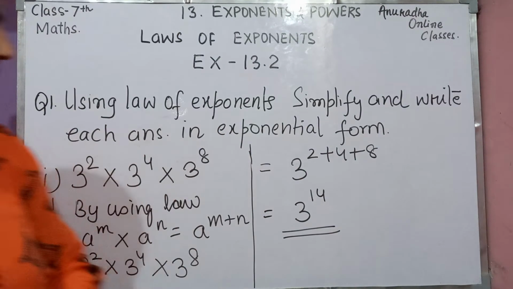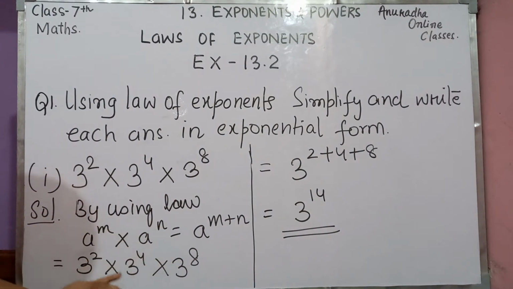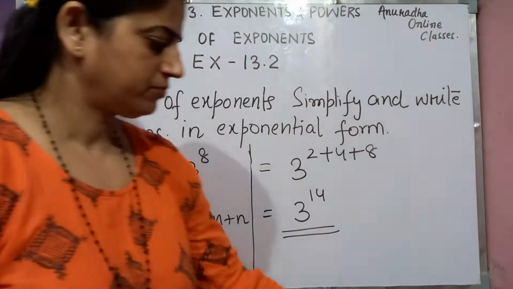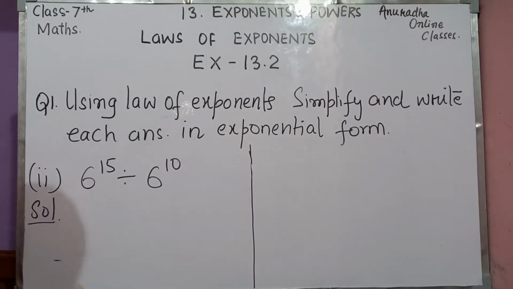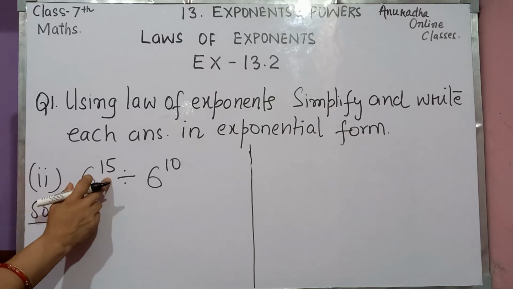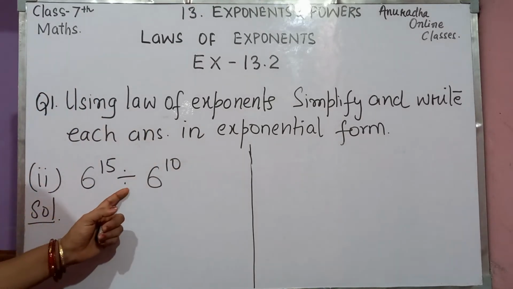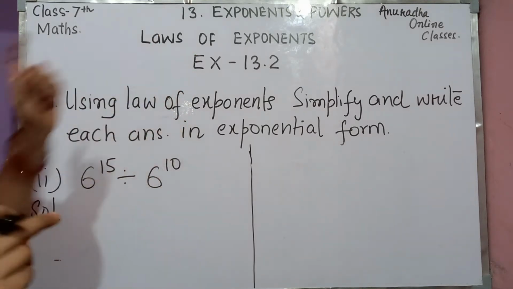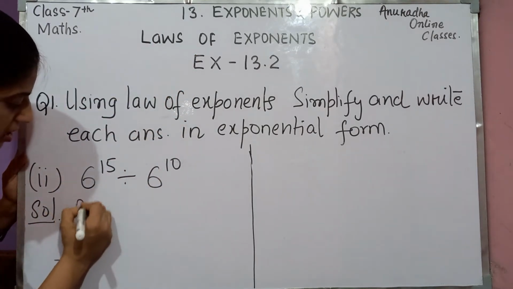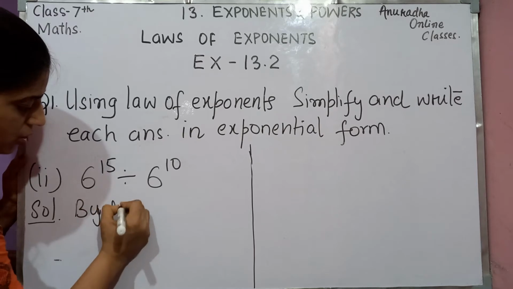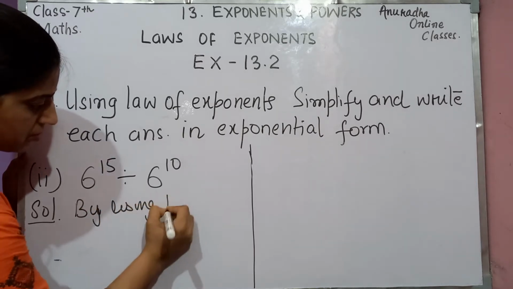So children, in this way, by using the law, we can do the first part. Let's come to its second part. See children, here is the second part: 6 raised to the power 15 divided by 6 raised to the power 10. Here we will apply the division identity. What is that law? Using the law,